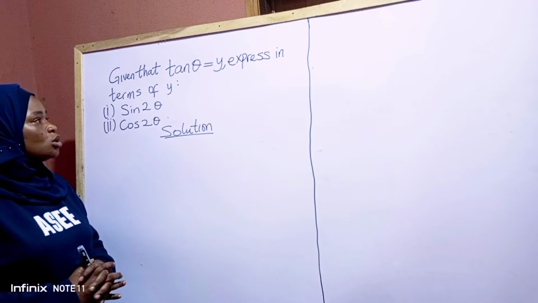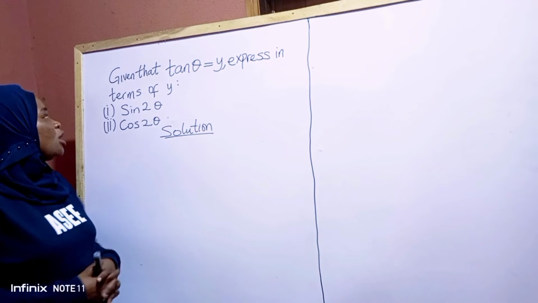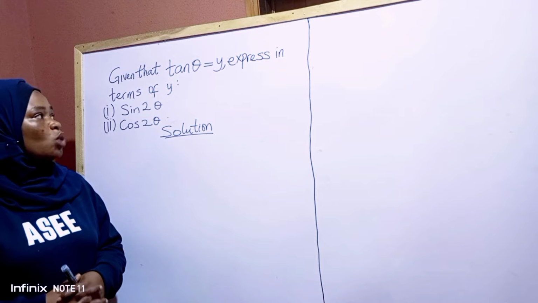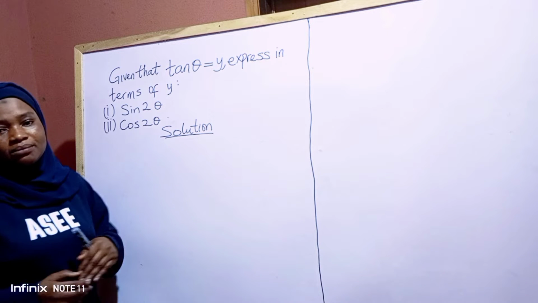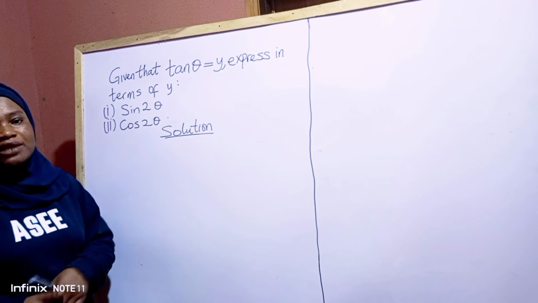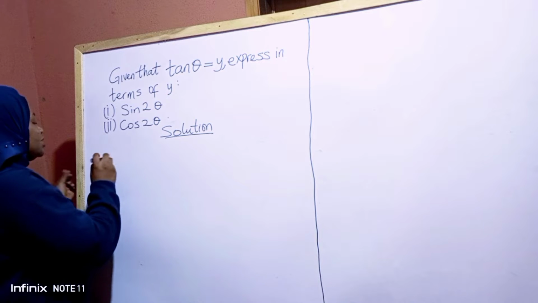So in today's class, we want to solve this beautiful trigonometry question. Given that tan theta is equal to y, express in terms of y: sine 2 theta, 2 cos 2 theta. Now, solution. If you look at this sine 2 theta,